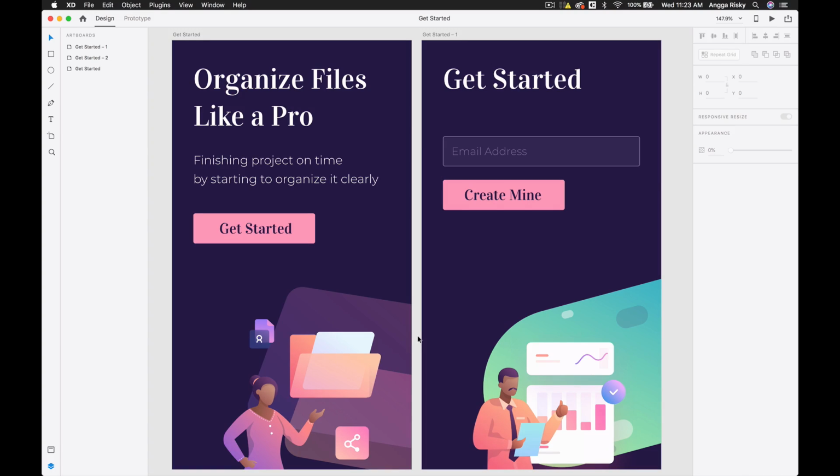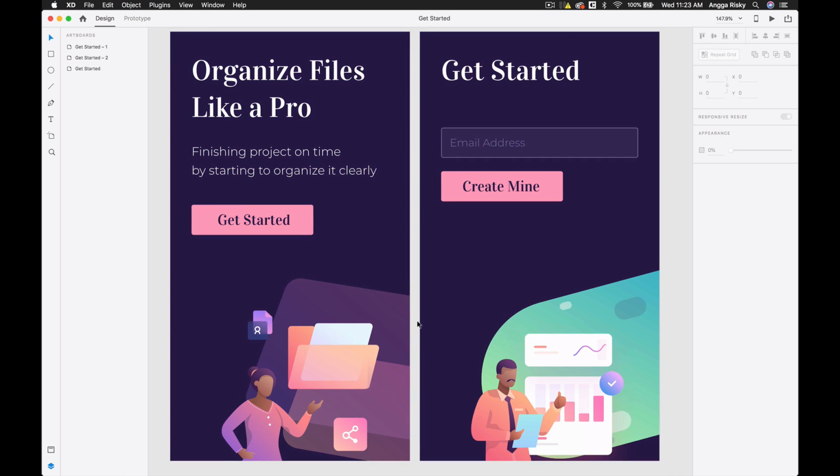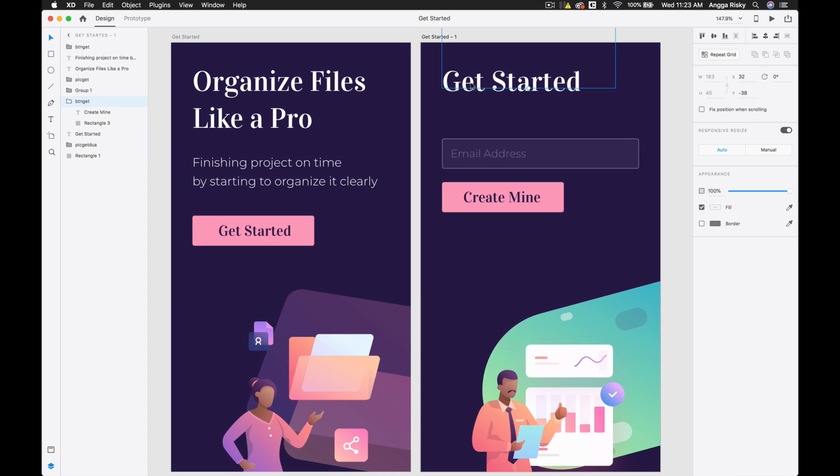Everyone, with the spirit of learning, this is my Adobe XD, and I just have two page screens for the mobile Android application, and I believe you might say, wow, it's just amazing. It's because of this illustration, the color combination, and the typography.